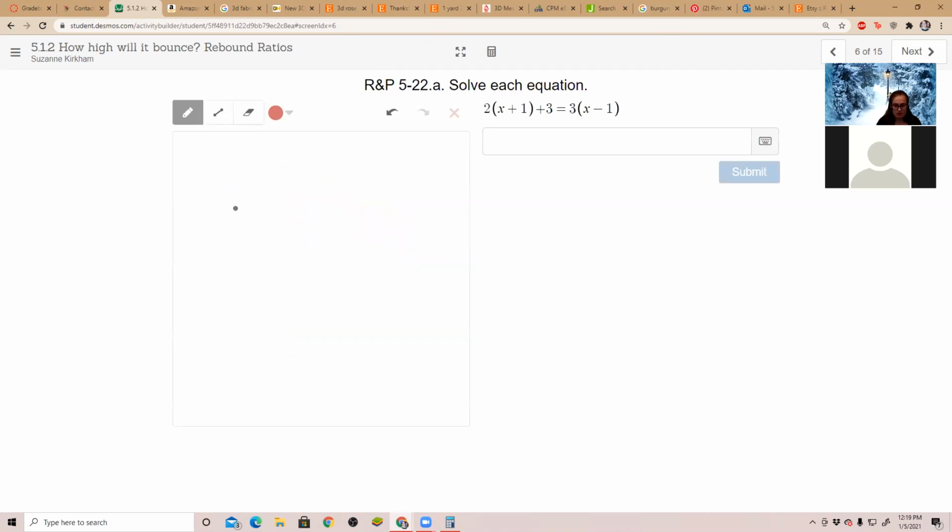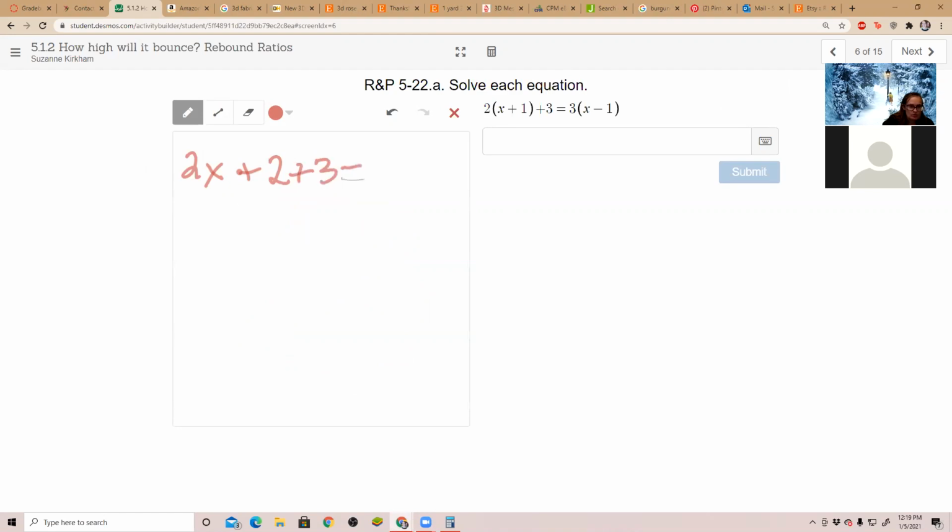Okay, same thing with this one. We're going to distribute. So we'll distribute the 2 to the x plus 1. 2 times x is 2x. 2 times 1 is 2, plus 3